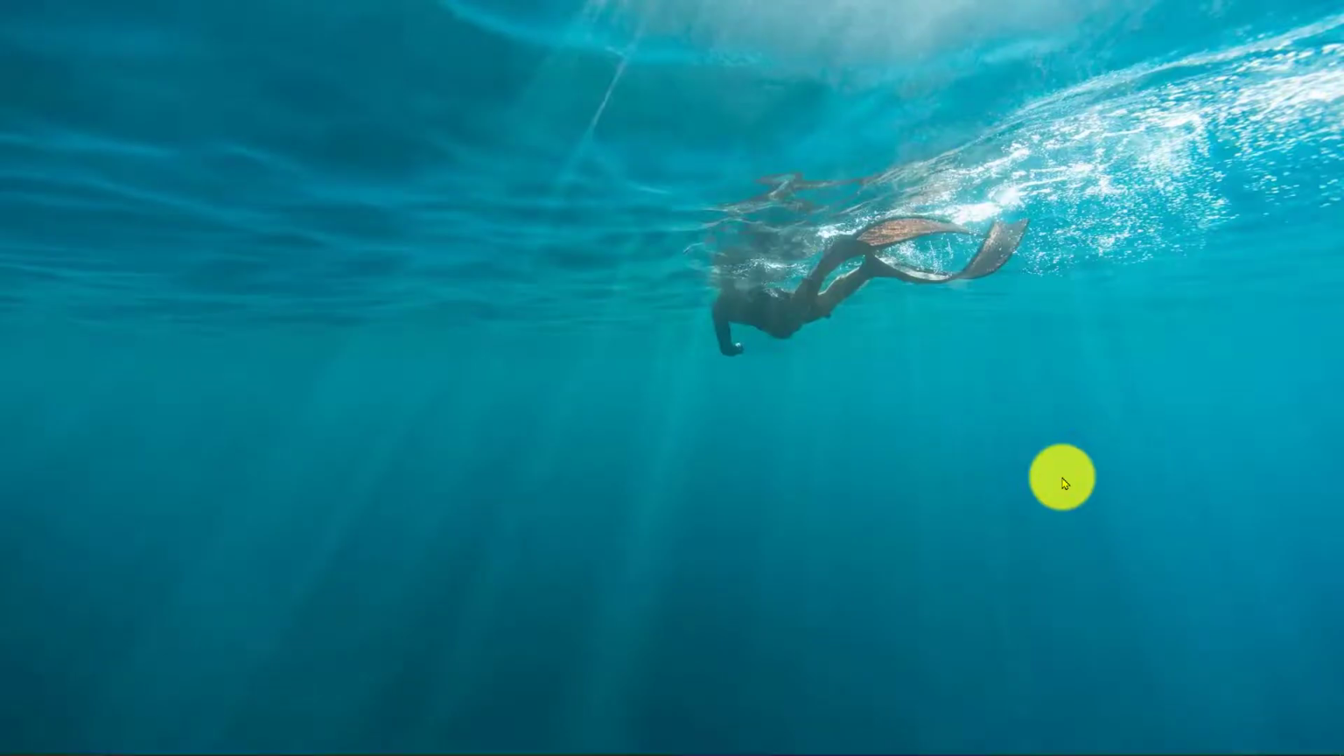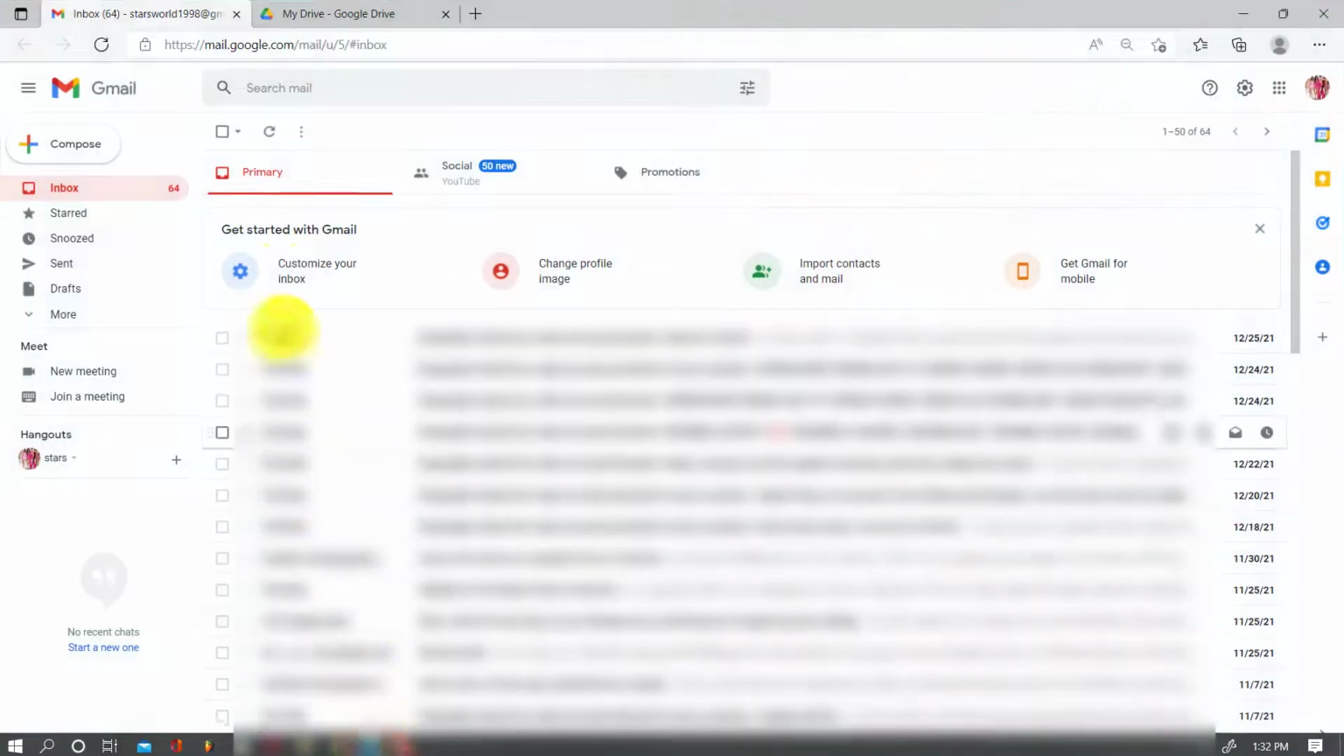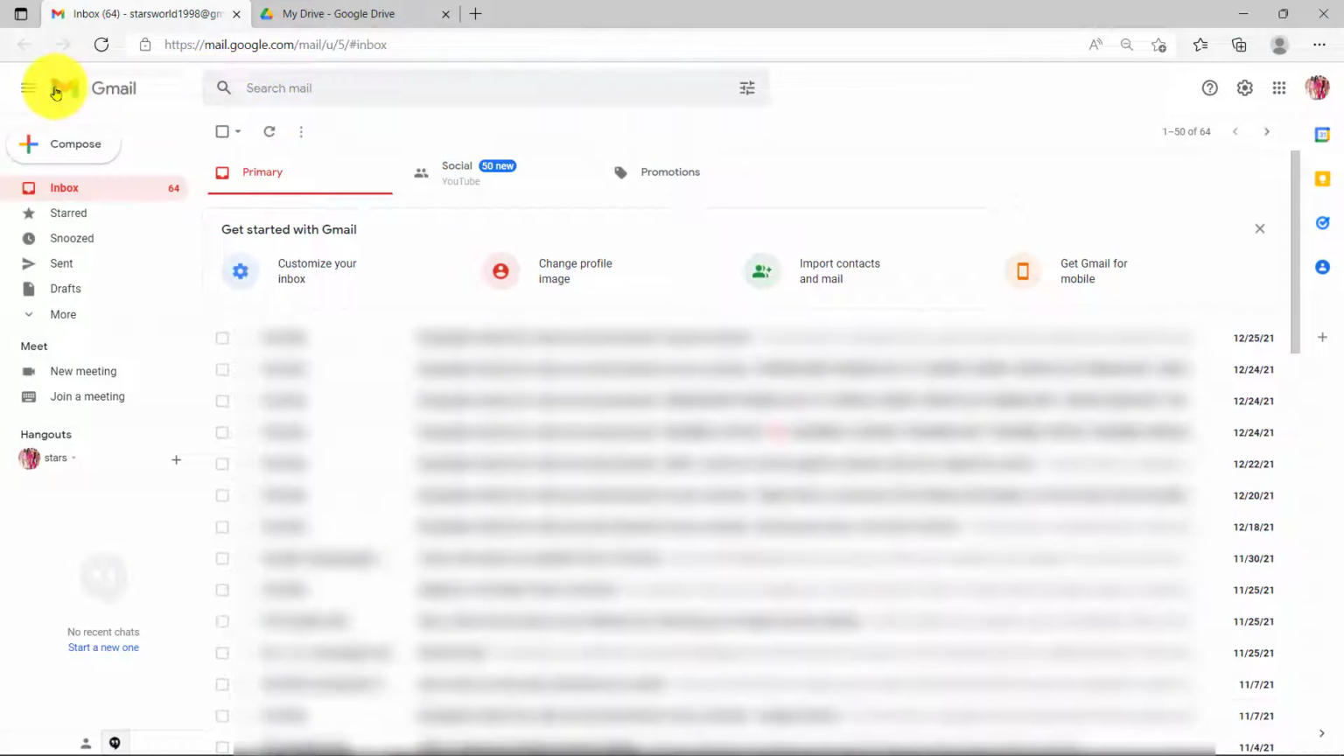Hello everyone, today I will show you how to share files or folders as Google Drive link. That means that you can send videos, photos, audios, and documents easily. So let's start by opening our browser and go to your Gmail and make sure you signed in, then